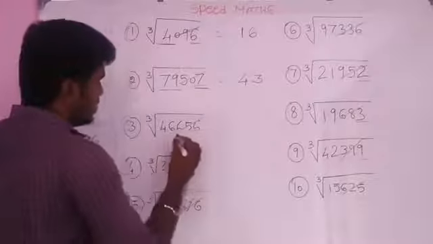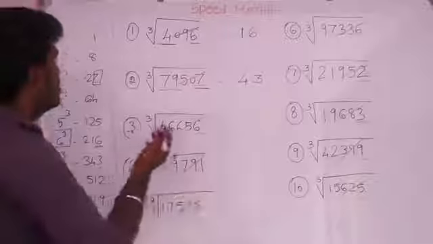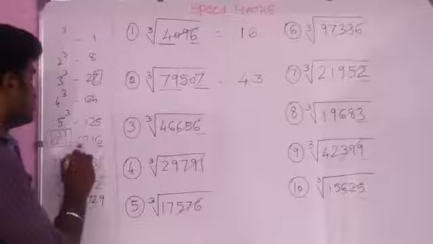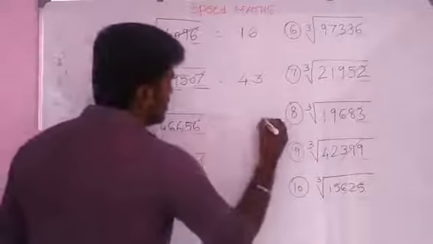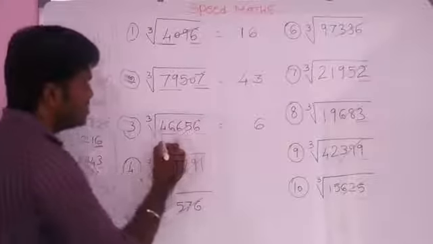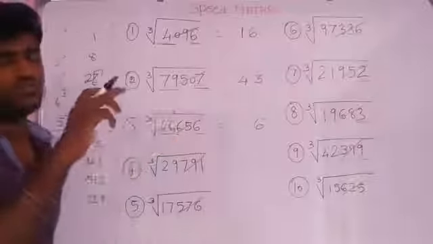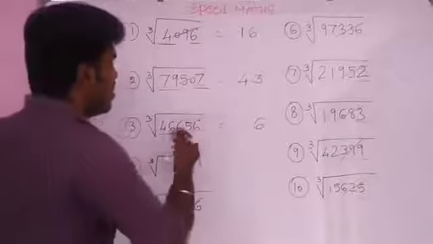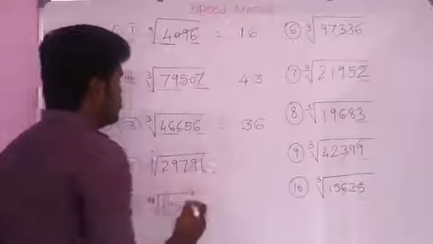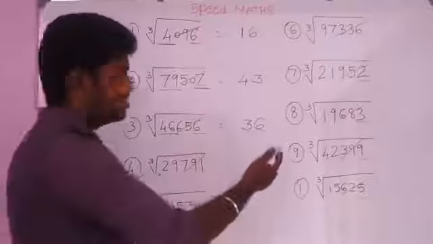In another question, we have to see the last digit, that is 6. Just compare the value 6 with the cube values. We have 216, that is 6 cube, so take the value 6, and omit the last 3 digits 656, and the remaining value is 46. The 46 is between 3 cube and 4 cube, that is 3 cube is 27, 4 cube is 64. Take the smaller value 27, that is 3 cube. Take 3. So the answer for the cube root of 46,656 is 36.